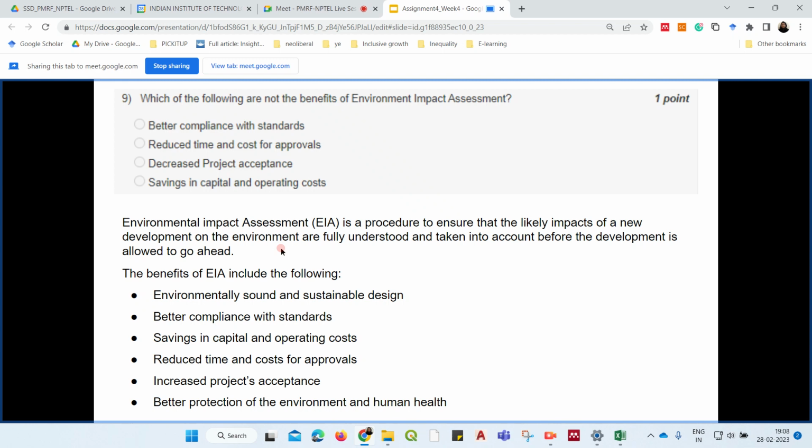So there are several benefits of environmental impact assessment. First is that the project or the development, whatever development is taking place, will be environmentally sound and sustainable in design. So why will this happen? This will happen because even before developing that project, you are trying to understand what different